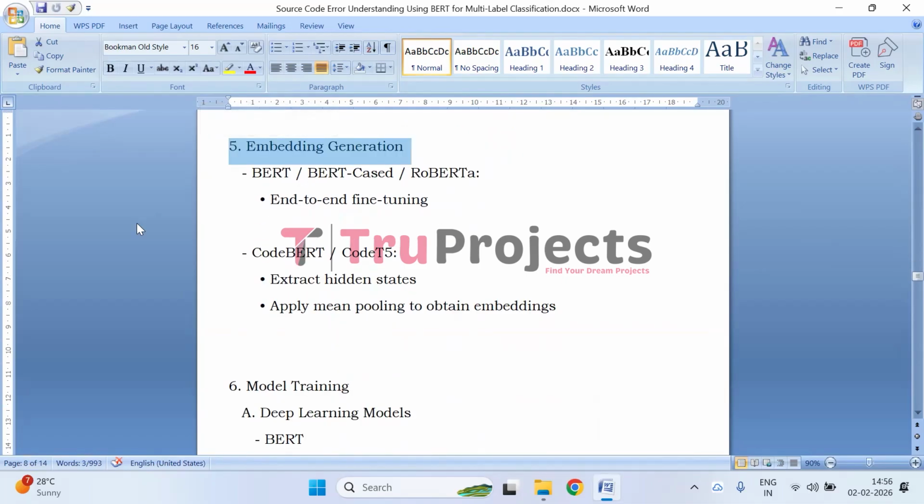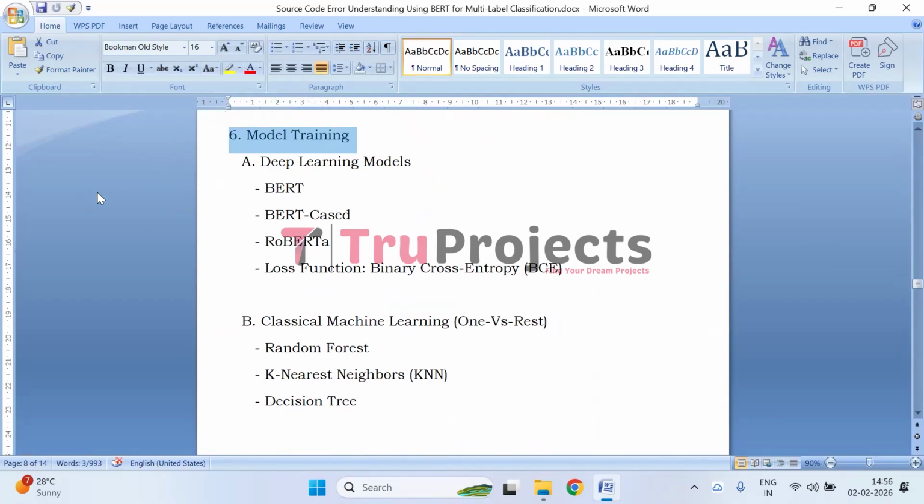Next, embedding generation. For BERT, CodeBERT, and RoBERTa, embeddings are learned via end-to-end fine-tuning. For CodeBERT and CodeT5, hidden states are extracted and mean pooled to create vector representations. Next, model training. Deep learning models are trained using binary cross entropy loss. Classical machine learning models like random forest, KNN, and decision tree are also trained with an optional soft voting ensemble